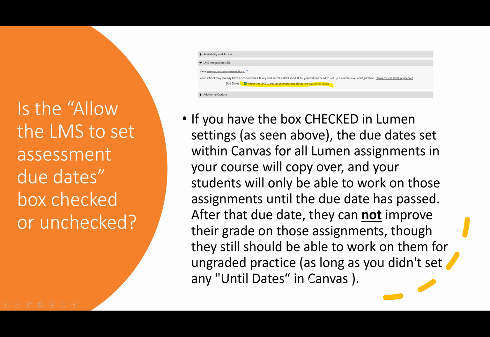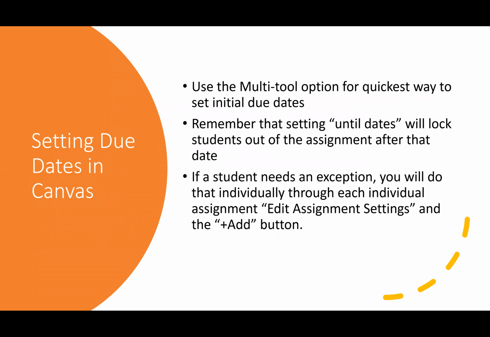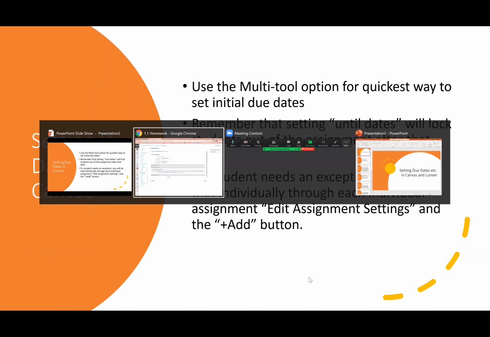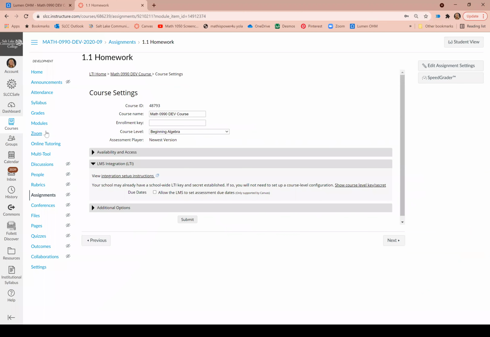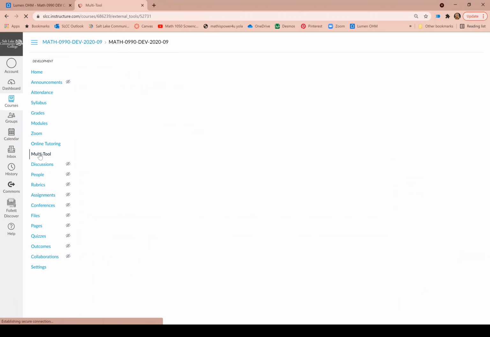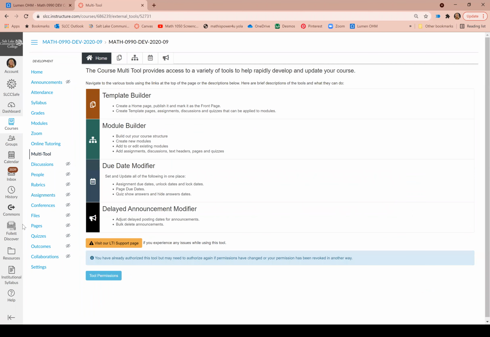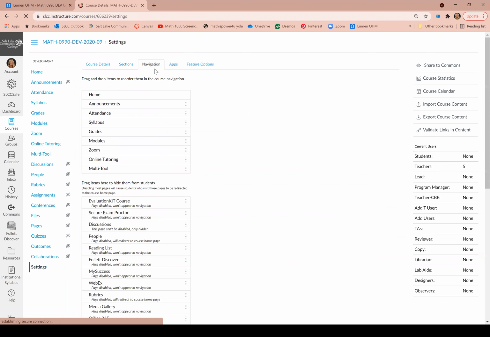So let's assume you have that box checked and you want to carry over due dates from Canvas, and you're just going to go ahead and set due dates in Canvas. The easiest way is using the Multitool, which is an option over here on the left. If it's not showing up there, you may have to go under Settings and Navigation and drag it up to be seen in your navigation. It's not always being seen. If it's there, we click on it,